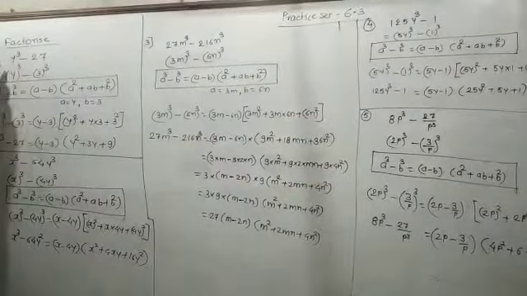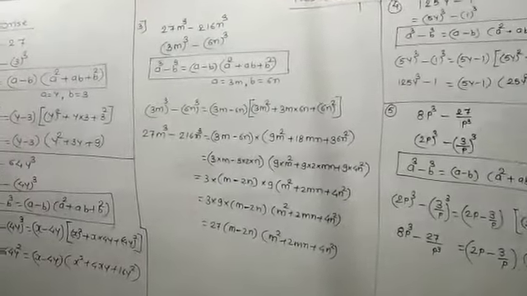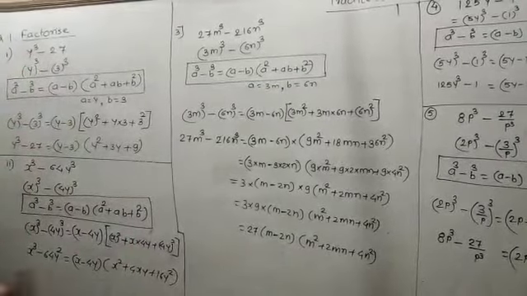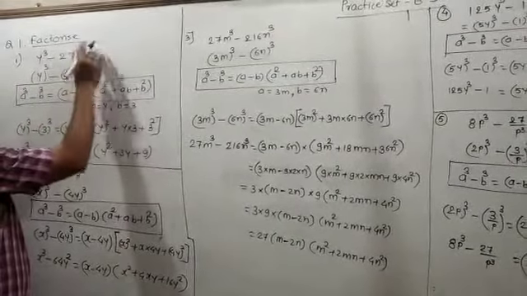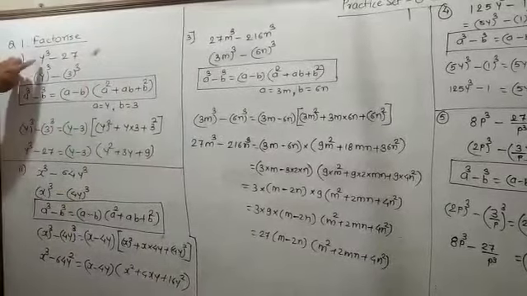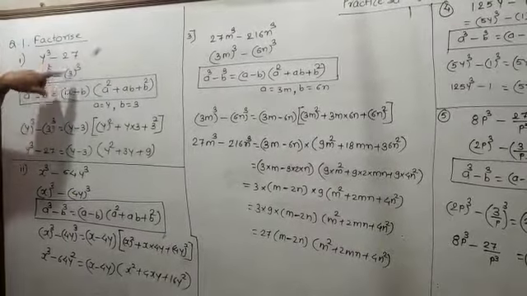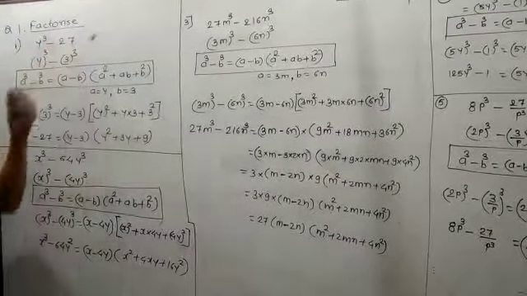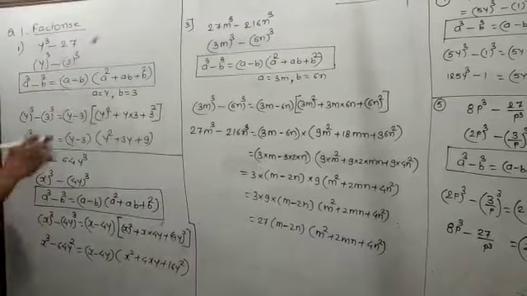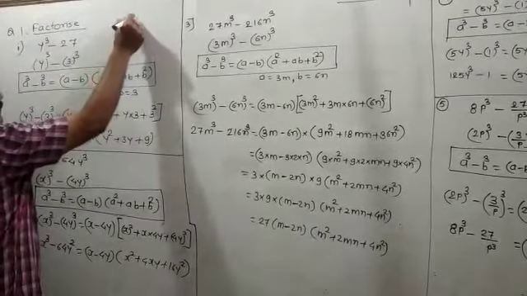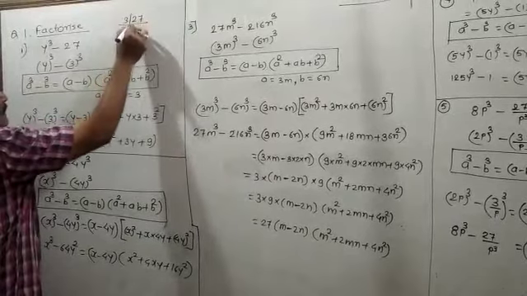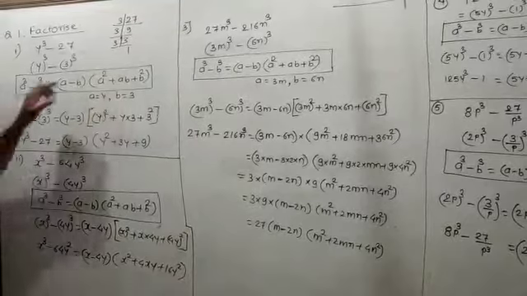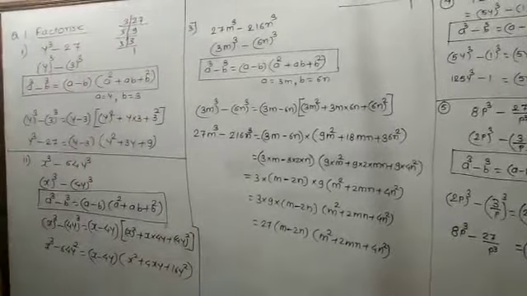First example, factorize y cube minus 27. This y cube is the cube of y and this 27 is the cube of 3. This is the perfect cube of y and this one is the perfect cube of 3. If you have doubts, you have to do the factorization of 27. 3 9s are 27, 3 3s are 9 and 3 1s are 3. So this is 3 times multiplication, means this is the cube of 3.